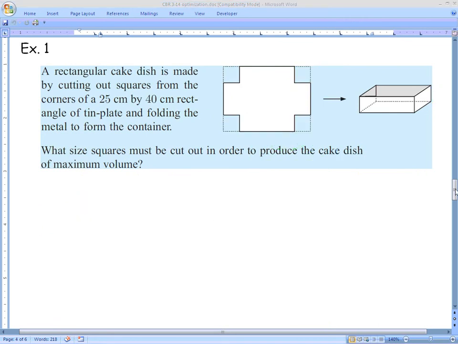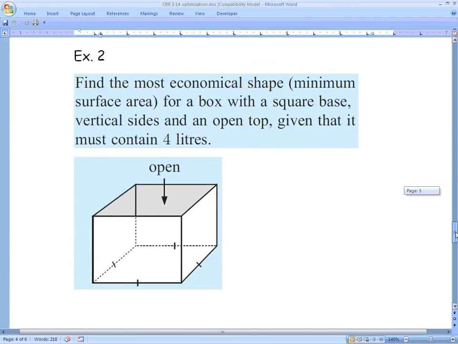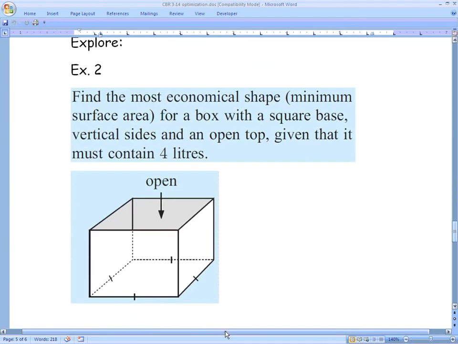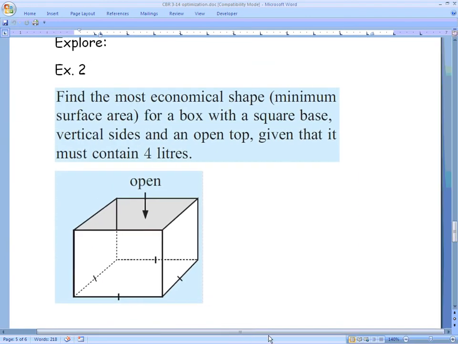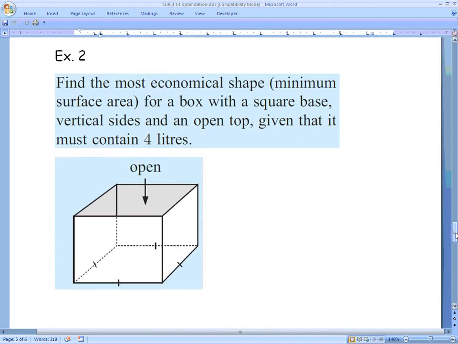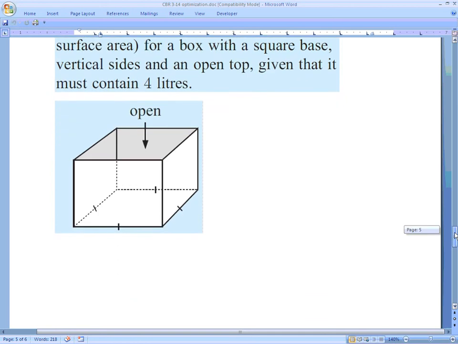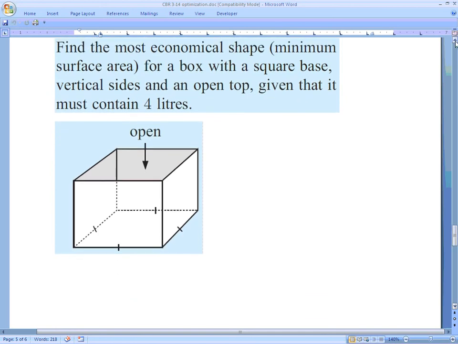All right, let's do one more. All right, for this one, let's see if I can maximize my space here. Find the most economical shape, minimum surface area for a box with a square base, vertical sides, and an open top, given that it must contain 4 liters. So we should be quite familiar with a lot of metric stuff, but honestly, my conversion on liters is not great. So I ended up having to